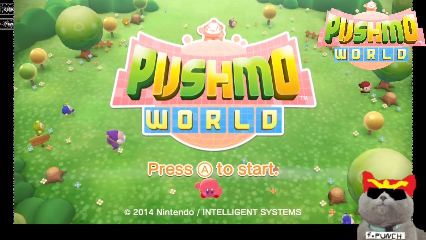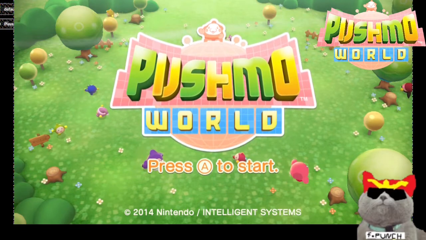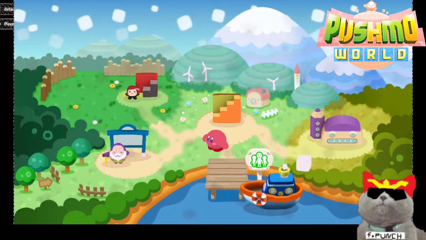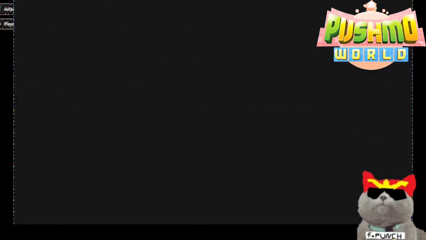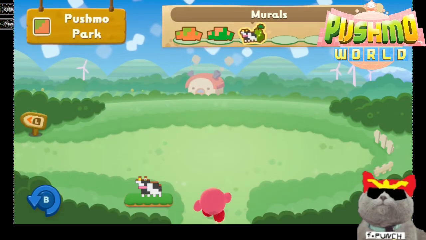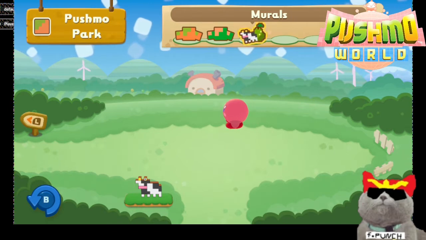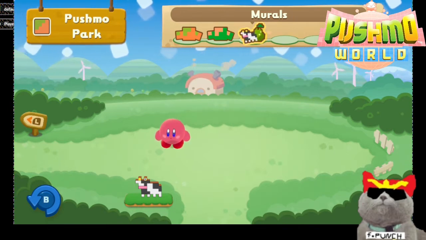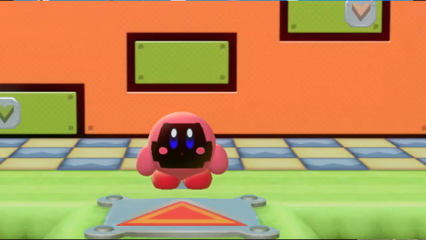Today I'm going to be continuing the second episode of Pushmo World. Now if you're looking at the start screen, you may have noticed that there's Kirby in there, and the reason for that is because I modded the game to put Kirby in there. It's a model from Kirby Star Allies, and I'm pretty excited. When I first imported the model, Kirby had some weird issue, like the transparency didn't work on his eyes,